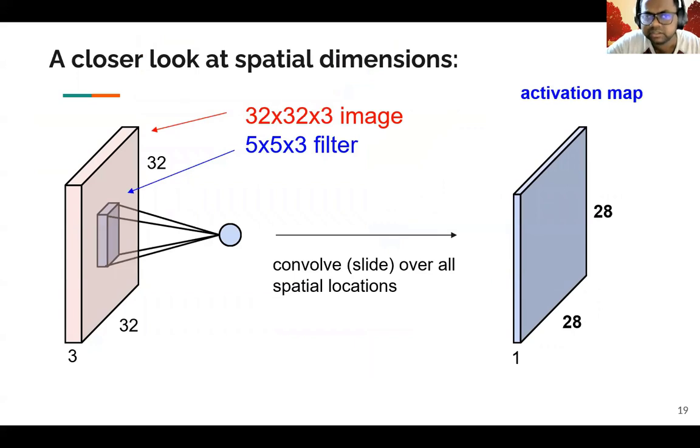We'll take another closer look at these convolution layers. Earlier we spoke about how a 3 by 32 by 32 image, or a 32 by 32 by 3 image, once you convolve it with a 5 by 5 by 3 filter, gives you 1 by 28 by 28. We earlier focused on the 1 by 28 by 28, or the first one channel part. How we get the 28 by 28 is what we'll be talking about right now.